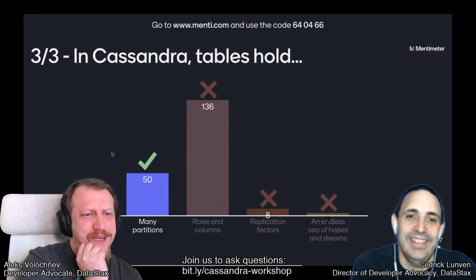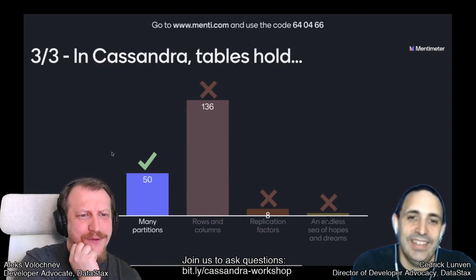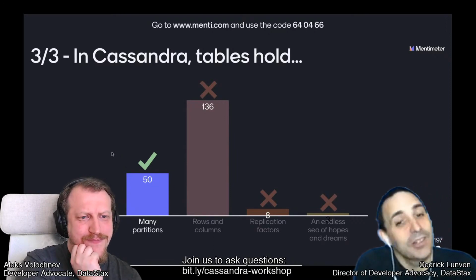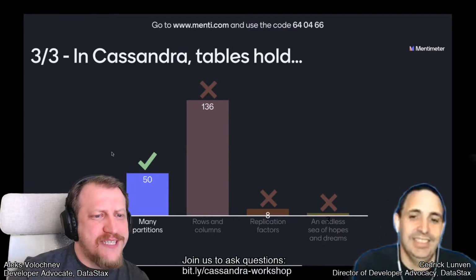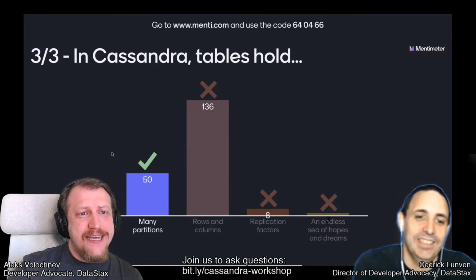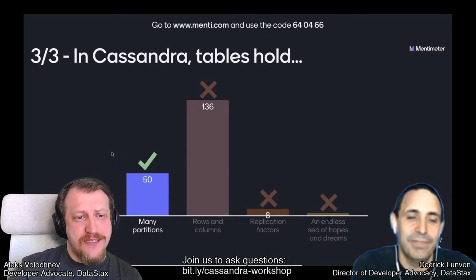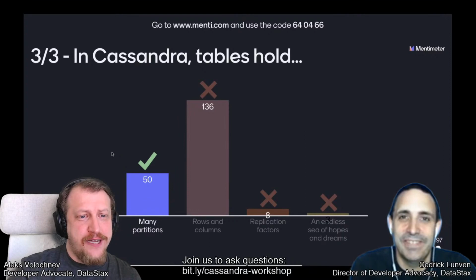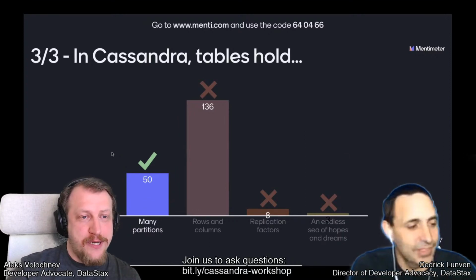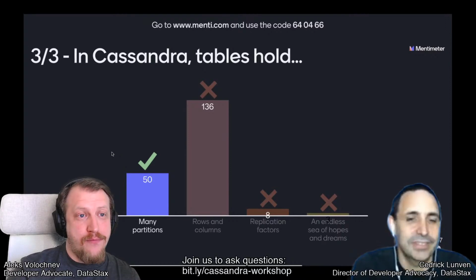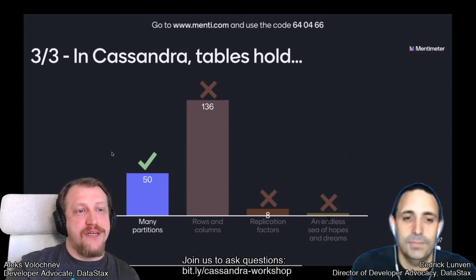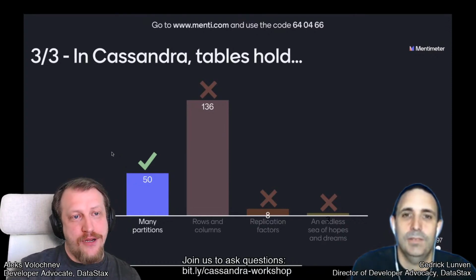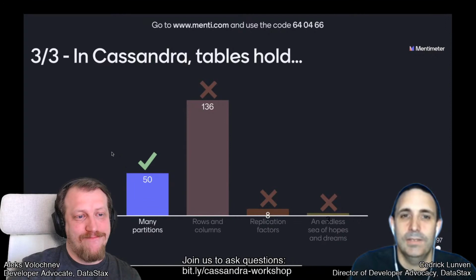Oh my god, so many wrong answers. Yeah, but at the same time, rows and columns are so legit. Yeah, but that was a trap. Rows and columns are organizing data, but really a table is a container for partitions. A replication factor is defined at the keyspace level. Replication factor does not belong to a table. But we may want to add some more about the keyspace, table, partition way to explain it better in the next workshop.